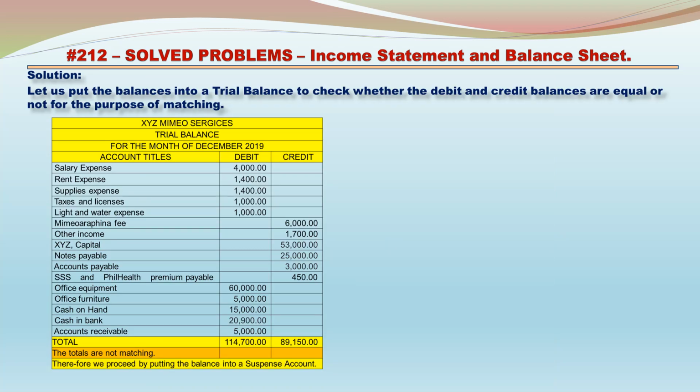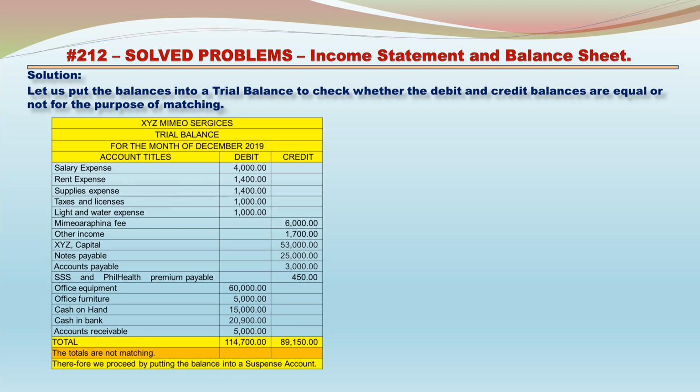Solution. Let us put the balances into a trial balance to check whether the debit and credit balances are equal or not for the purpose of matching. XYZ Mimeo Services trial balance for the month of December 2019. Account titles, debit, credit. Salary expense 4,000 debit, rent expense 1,400 debit, supplies expense 1,400 debit, taxes and licenses 1,000